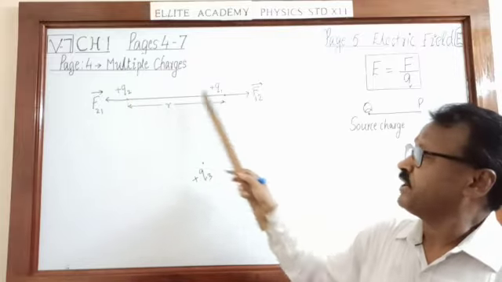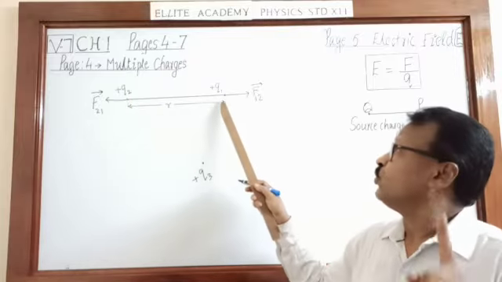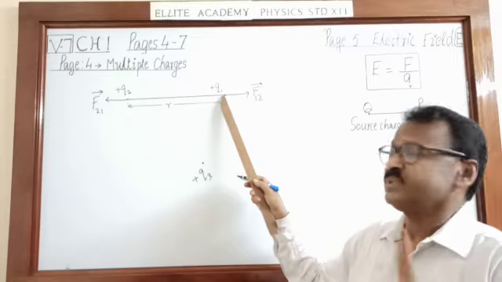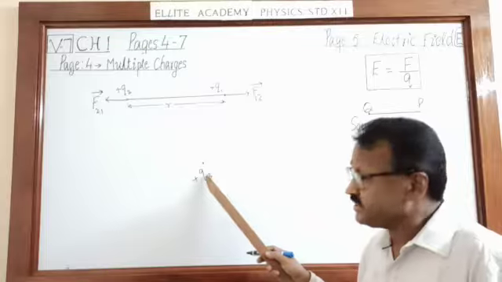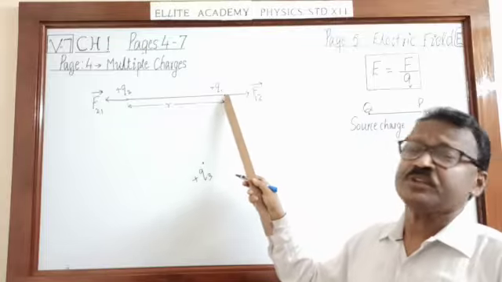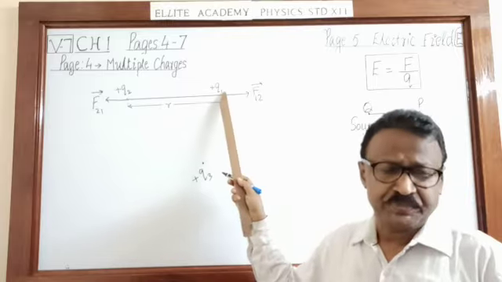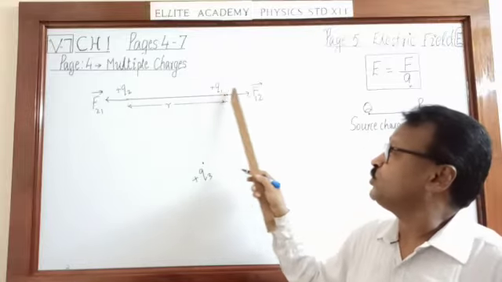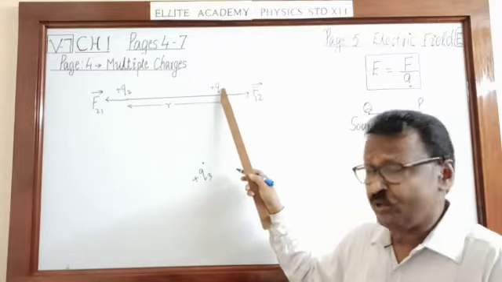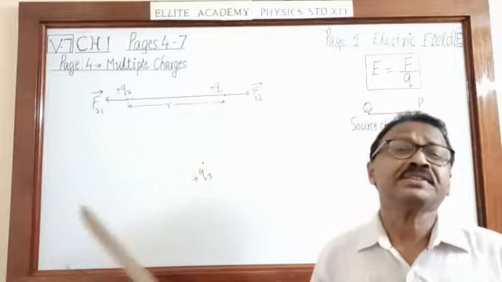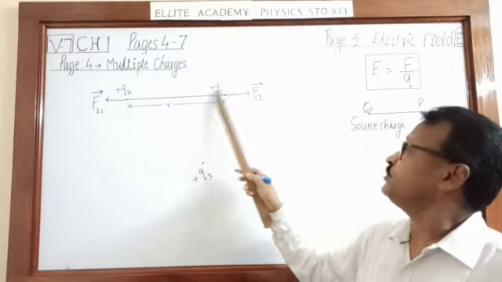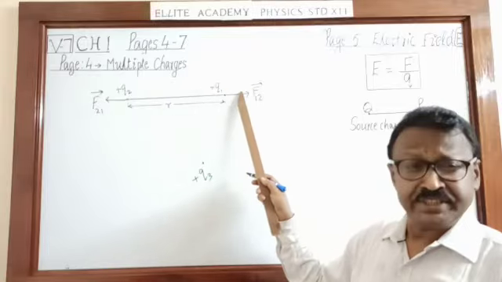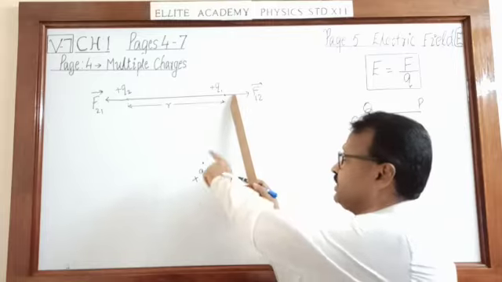2 charges are placed at a distance R. The force acting on each one of them is going to be this. If I keep another charge nearby, will this force change or not? Repeat, does the force between 2 charges depend on the presence of other charges nearby? It is observed, no. The force between these 2 charges, if it is 10 Newton, is not affected by the presence